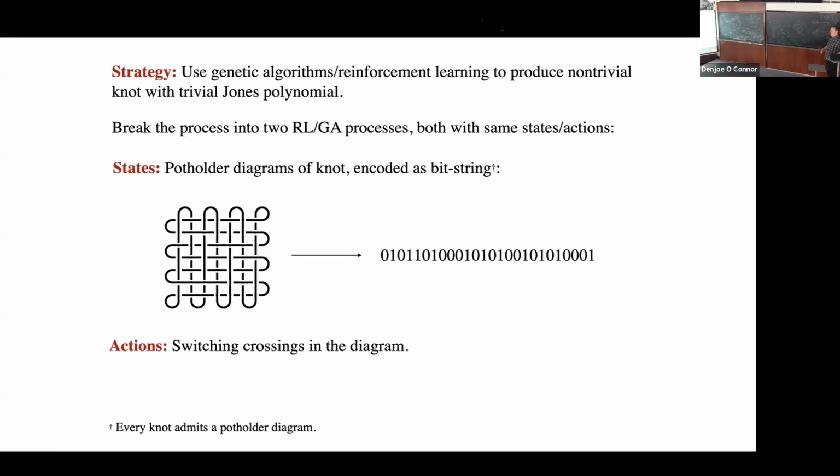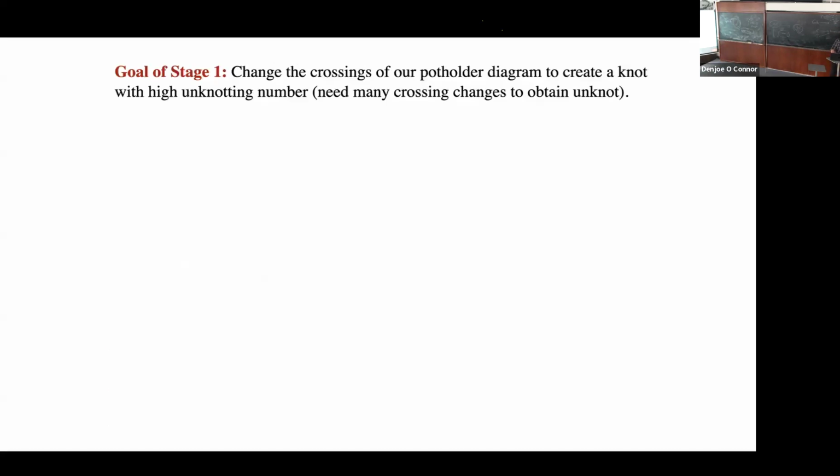So one thing you can do is phrase this as a reinforcement learning algorithm by basically saying, okay, my states are going to be my potholder diagrams. My actions are going to be changes that I'm making to my potholder diagrams. So, for example, this is my current state, but maybe I want to change that crossing there. So I change one of the zeros to a 1 or something, okay? So I get a very well-defined state space that are just bit strings. I get a well-defined action space that's just changing any of the individual bits. And